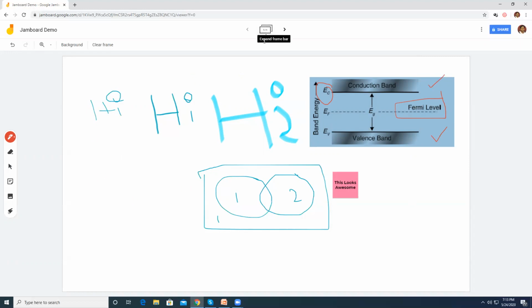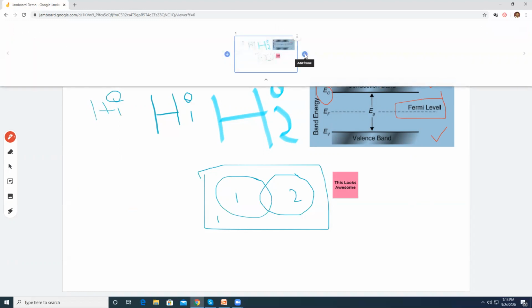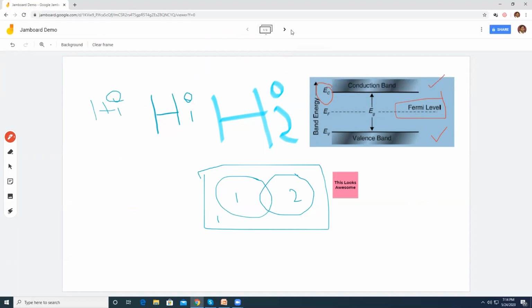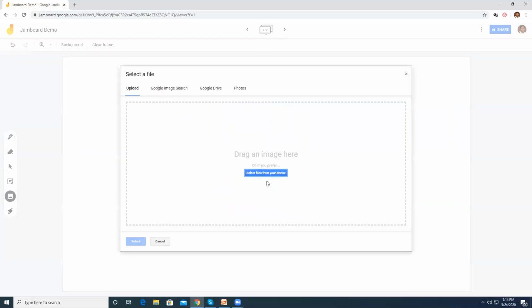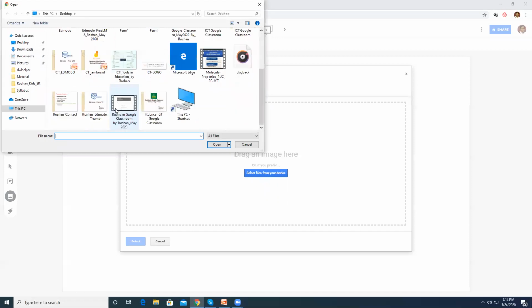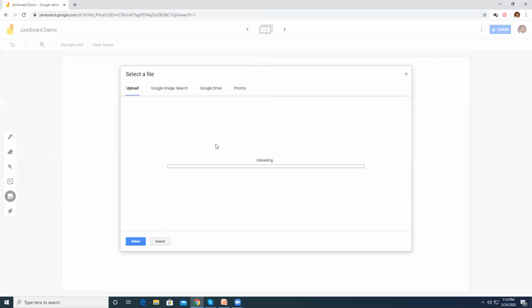This is called one frame. Now let me go to the next frame. You can see here, if I click here, or you click either here, you can see a couple of frames. You add plus, you get to the next frame. So now it is 1/2, and now I go to the second frame. Here also you can keep utilizing this. Let me upload one more thing just to explain. Let's say this. I'm going to upload this.